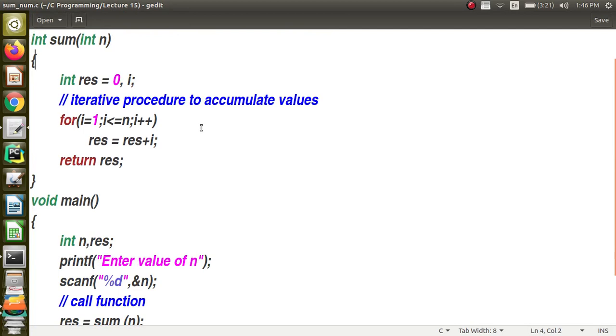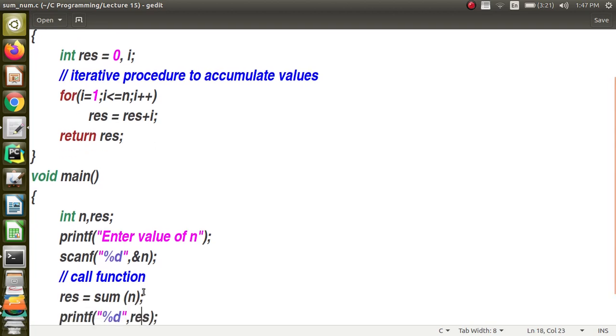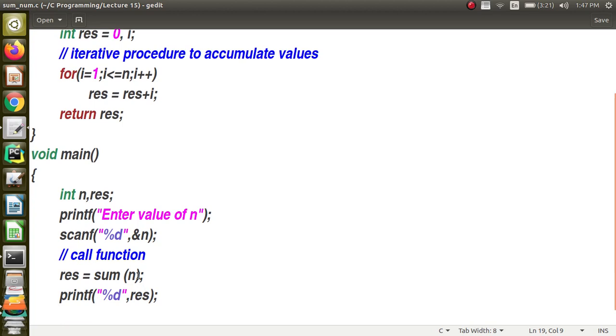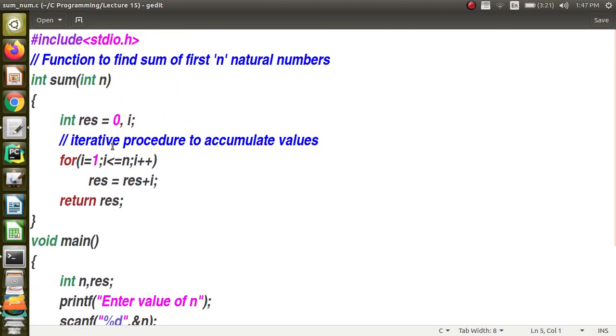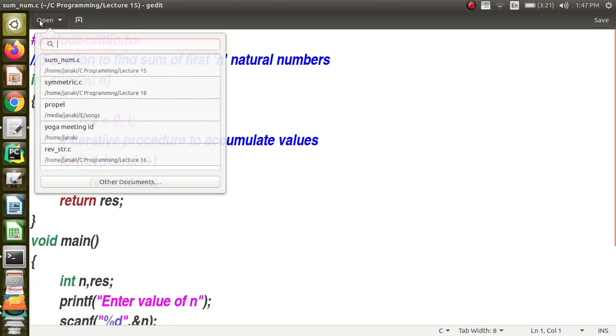The only thing different here is that we have written a function. To the function we pass the value of n till which we have to find the sum, and it returns the summation. Here n is a normal integer, so when we just give the name of the variable, it is passed by value. We are not making any changes to the variable n in the function, but even if you make changes, that will not affect the original value of n because it is passed by value. This is just to recall what we discussed in the previous sessions.